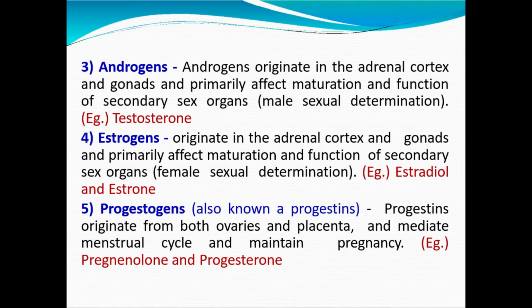They are secreted mainly by the ovaries, and in very small amounts they are also secreted by the adrenal glands and by the testes. Estradiol is the most potent of the estrogens. Functioning similarly to androgens, the estrogens also promote the development of the primary and secondary female sex characteristics. So we can say that androgens perform almost similar functions in males while estrogens perform the same functions in females.